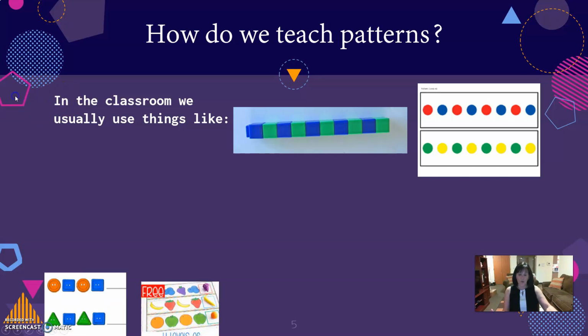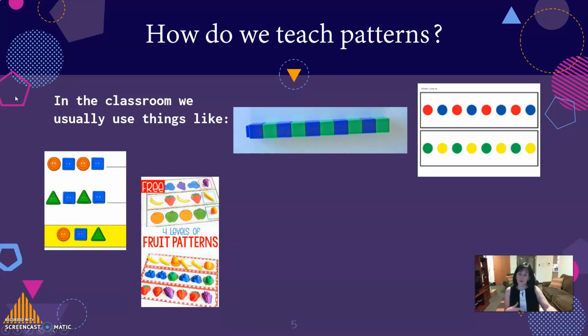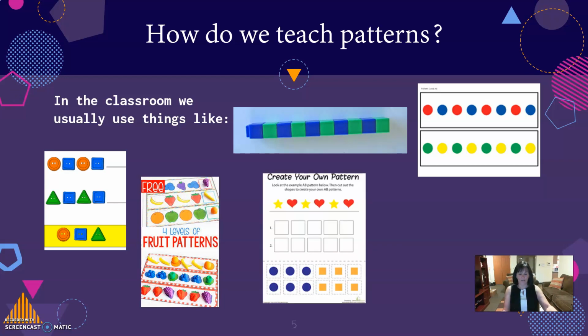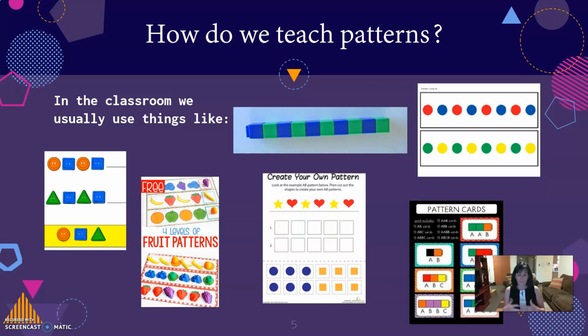As children grow, we begin to incorporate additional attributes such as size, shape, and varying objects. Next, we move on to more complex and abstract representations of patterns by asking children to produce patterns using paper. We also expand the complexity of patterns by incorporating more varying attributes.